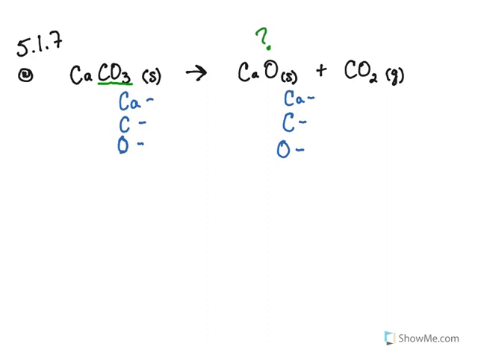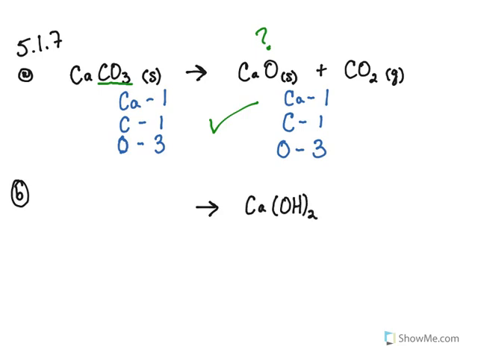So we're going to go ahead and count the number of atoms we have of each compound or element. So I have 1 calcium, 1 carbon, 3 oxygens, 1 calcium, 1 carbon, 3 oxygens. This equation is already balanced as written, so we don't need to do anything else, and we can move on to part B, the next step in the reaction, where we form, so it's giving us the product first, calcium